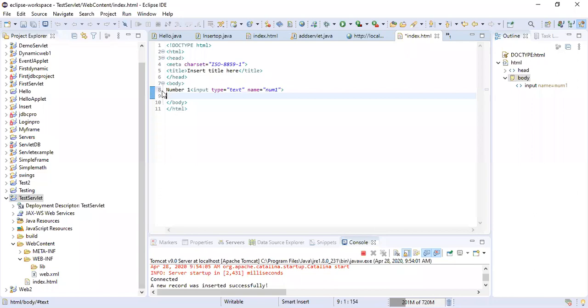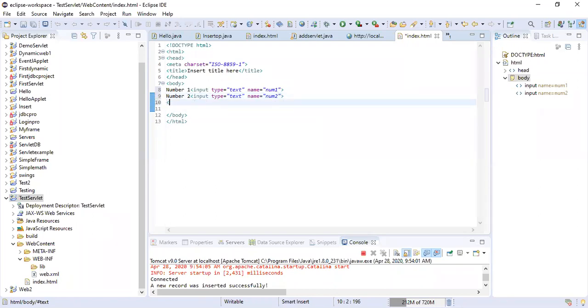Similarly I will take another number. I will change it to number 2 and its name will be num2. The variable name is num2.